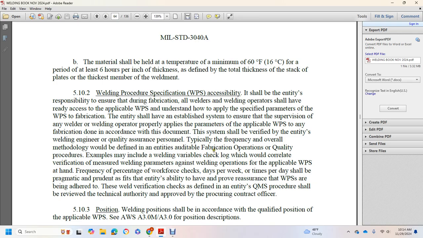Examples may include welding variables; a check log would correlate verification measures of the welding parameters against the welding operation for the applicable welding procedure specification. Frequency, percentage, and workforce checks per day or per week shall be prudent. This gives the ability to have reassurance that the welding procedure specification is being adhered to. These weld verification checks are defined in the QMS procedure and shall be reviewed with the technical authority approved by